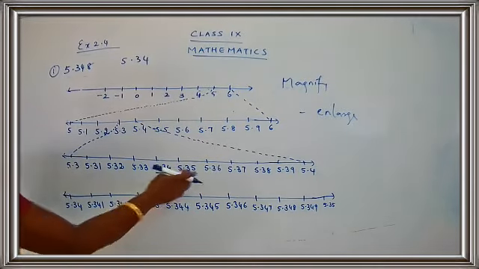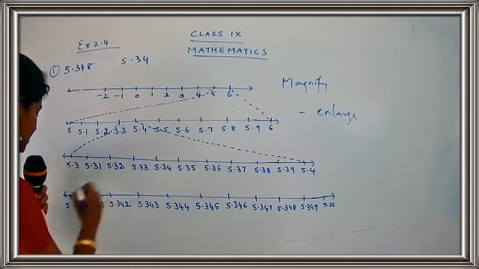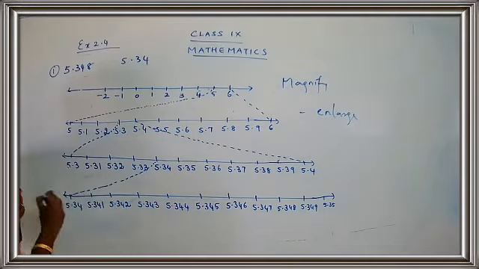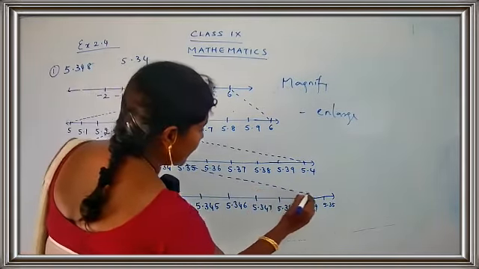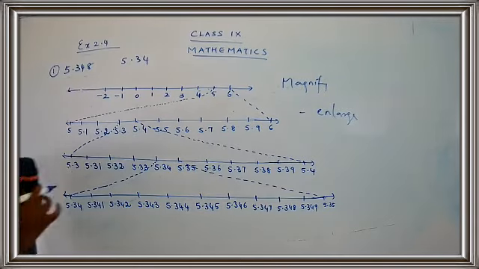Okay, so let us join the numbers. Which area have we magnified? We have magnified 5.34 and 5.35. Yes. So join the two numbers using the dotted lines. Yes, 5.34 and 5.35. Yes, done. Now where is our answer? What do you want? 5.348. Where is 5.348, children? Yes, see, I got the answer.